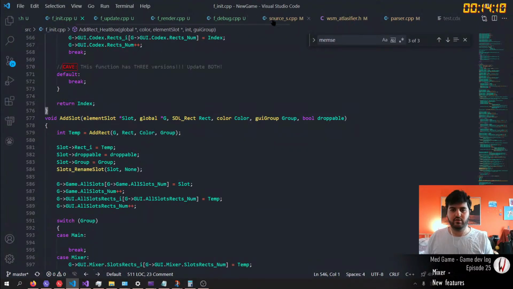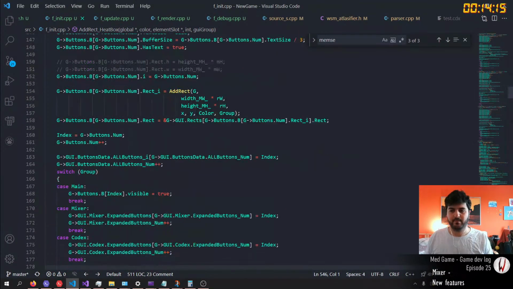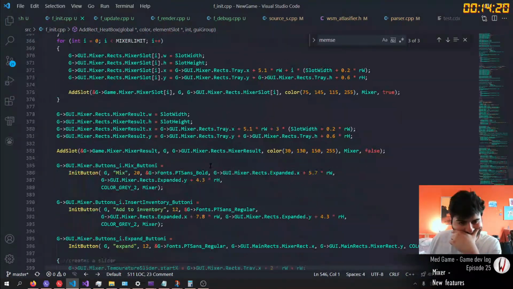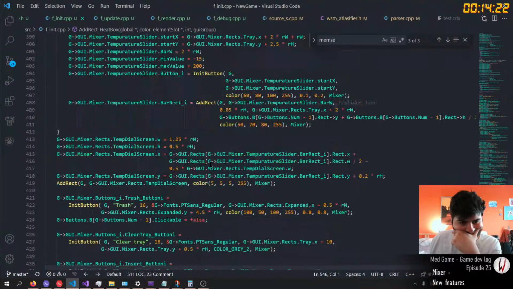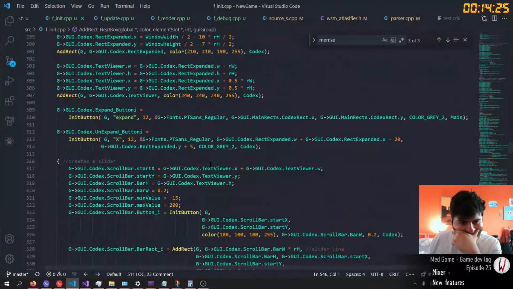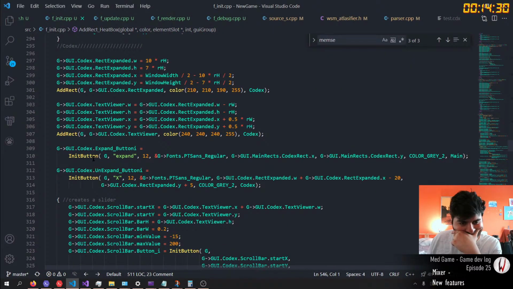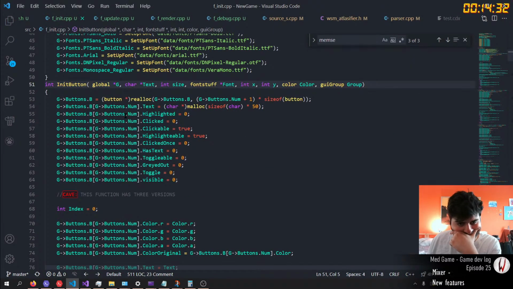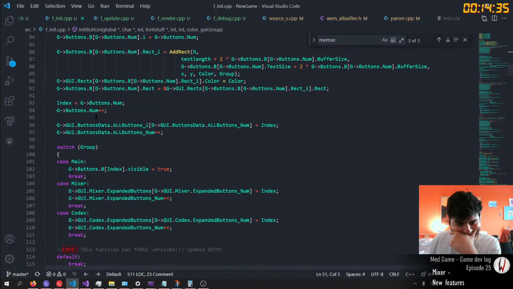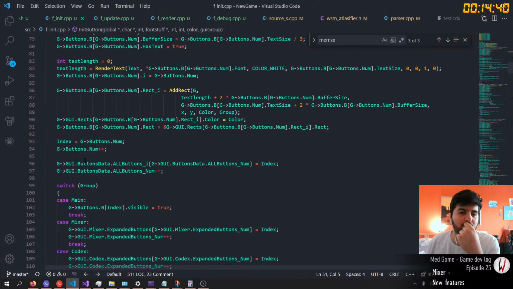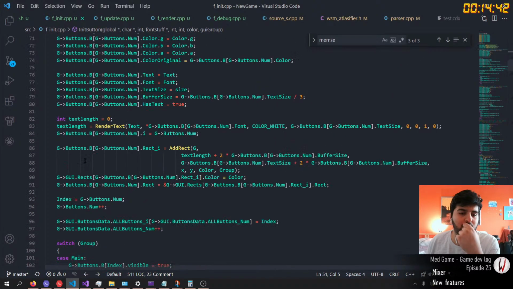What's up with the second expand rect? What's in it? Yeah, I add rect.